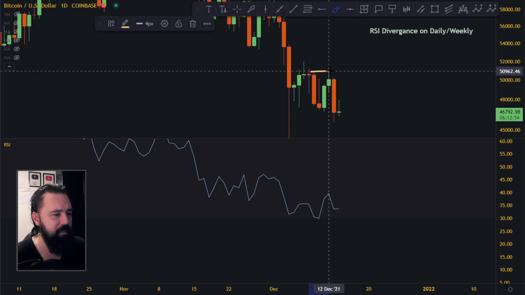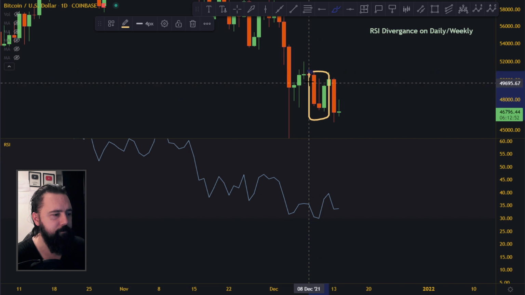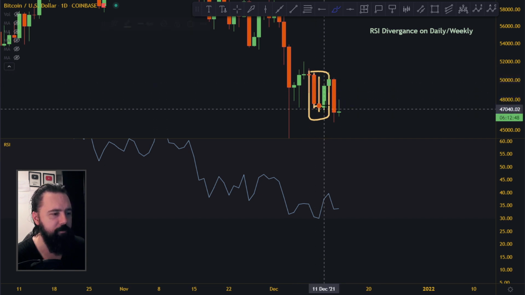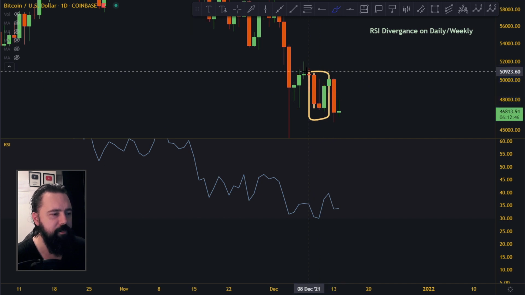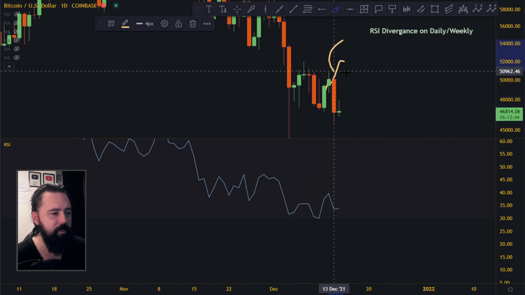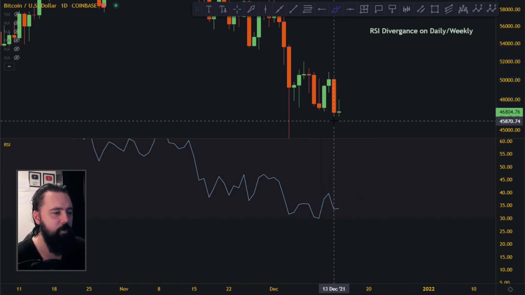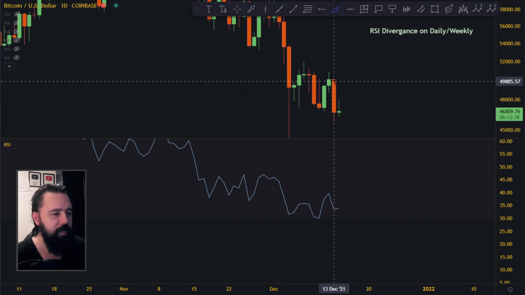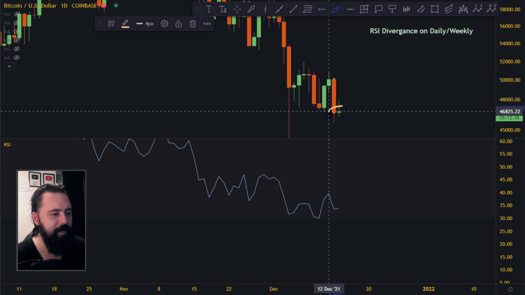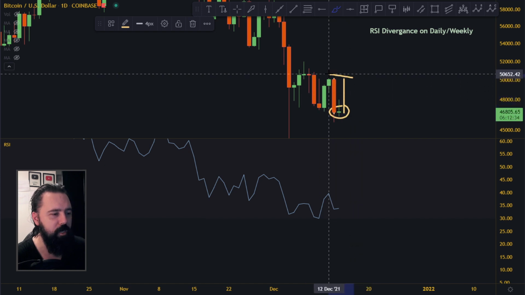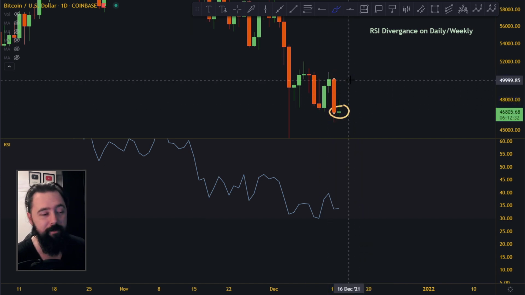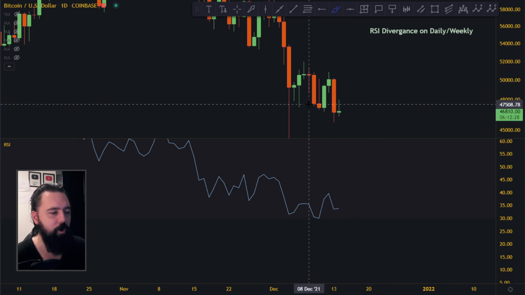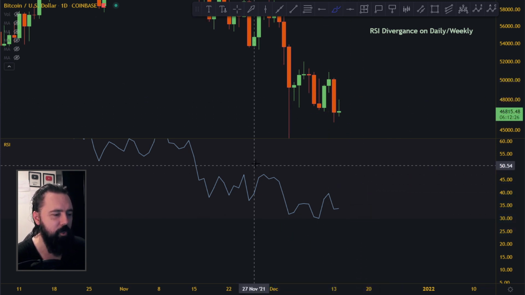Now, these three candles over here, it's what we call a morning doji star. So the morning doji and this big candle towards the upside, these are reversal patterns. So we had this, and we were hoping it was just going to continue towards the upside. We had a big dump towards the downside because of the hidden bearish divergence, and right now we are hoping to get another one of these morning doji star patterns up here. Will it actually happen or not? Depends. So it's going to be interesting to see whether we're going to have the big pump tomorrow, but I still think this is the bottom if you just look at the RSI.